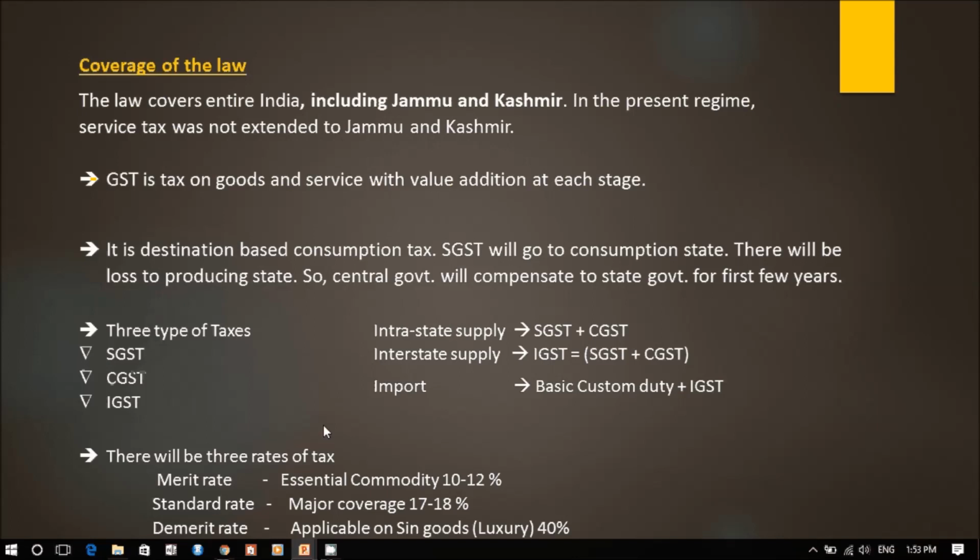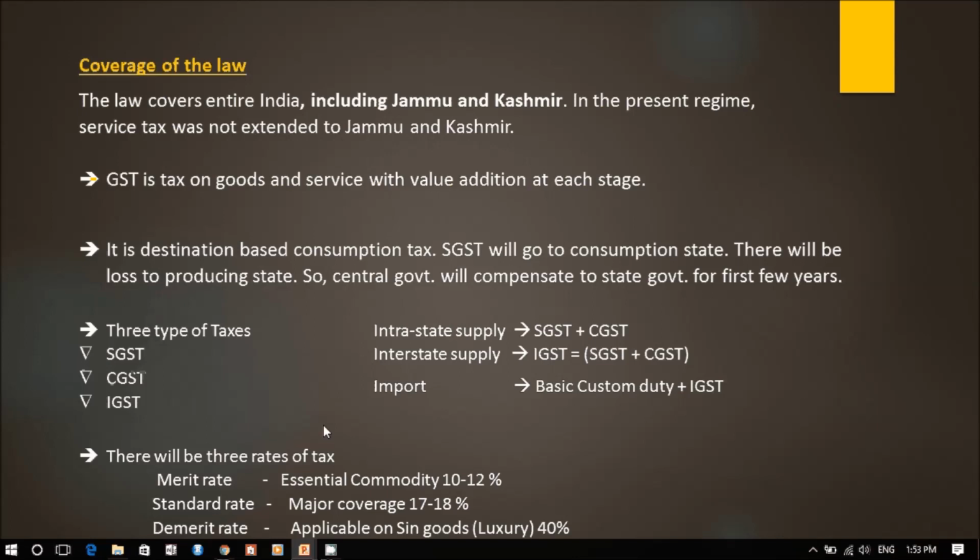How is this the actual burden? Because when he collects 12 rupees from Mr. Z, he will take the input tax credit of the 10 rupees that he has already paid to Mr. X. He will deposit 2 rupees to the government, and Mr. X will deposit 10 rupees to the government. Government will receive 12 rupees, and this 12 rupees is on the 112. So Mr. Y collects an additional amount of tax, only 2 rupees. So this is a value addition tax, a tax on only the value addition part.